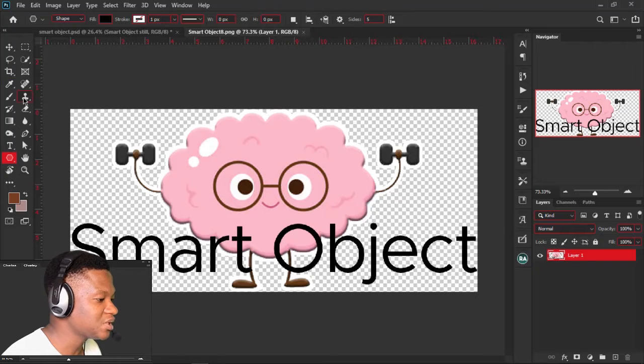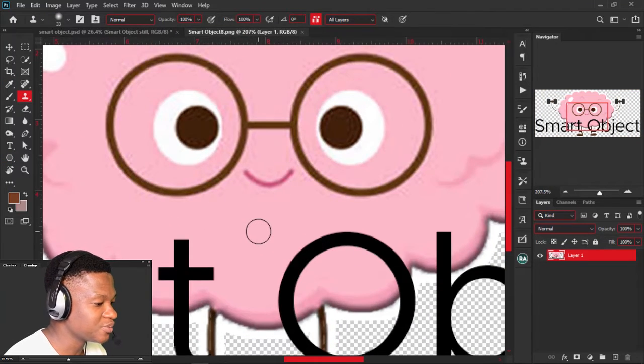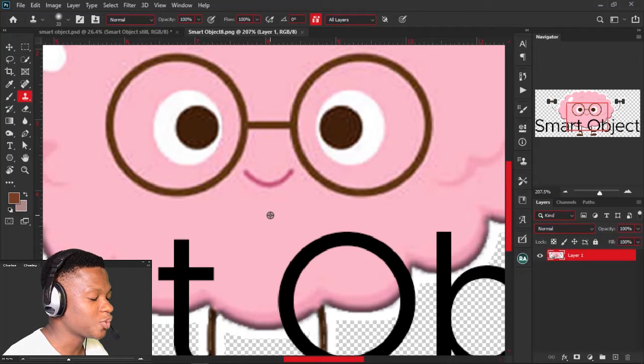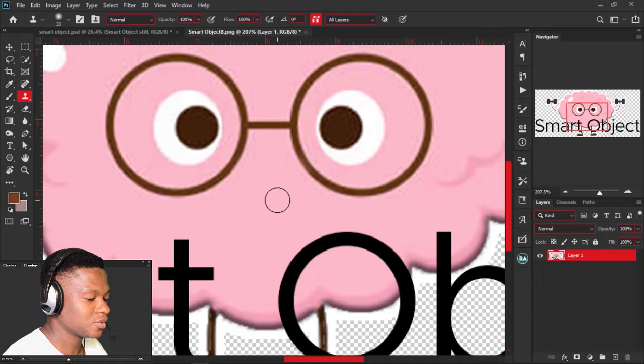So with my clone stamp tool now, I can remove the lips. So using the clone stamp tool is very simple. Holding the Alt key down, your mouse will change to this. You click on the point where you want to clone or where you want to copy and clone. So I click on it, copy it, and then I go over to the place where I want to place that copy and I brush over it. And that is as simple as that. It clones it out,